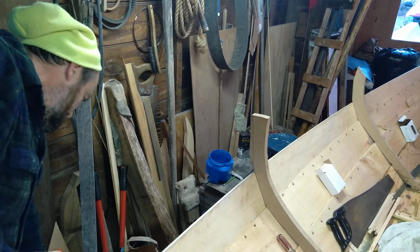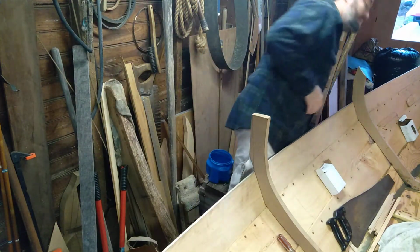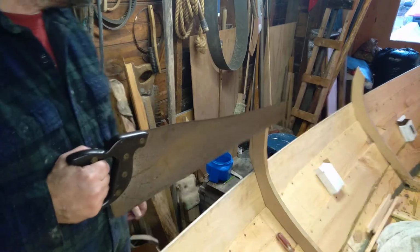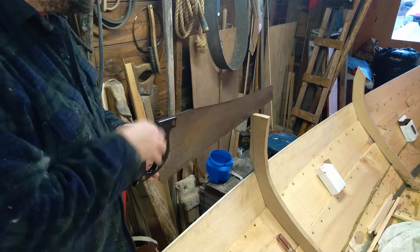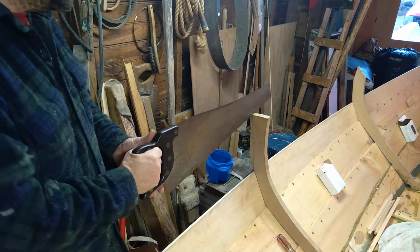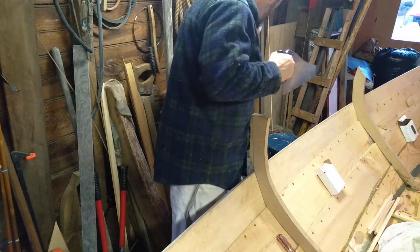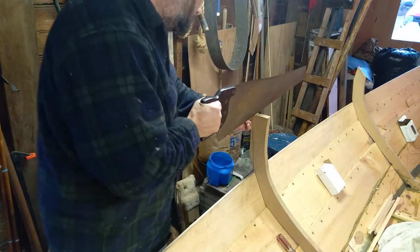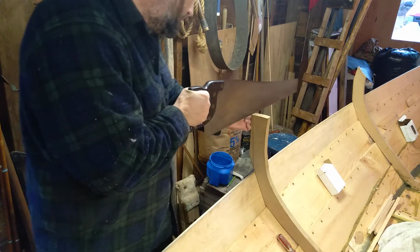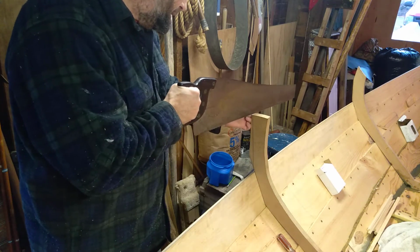Alright, so we've already marked these cuts, these angles and whatnot. That was the last video, so we can go ahead and start making those cuts. I'll line the saw up with the plank below, so fore and aft, and then